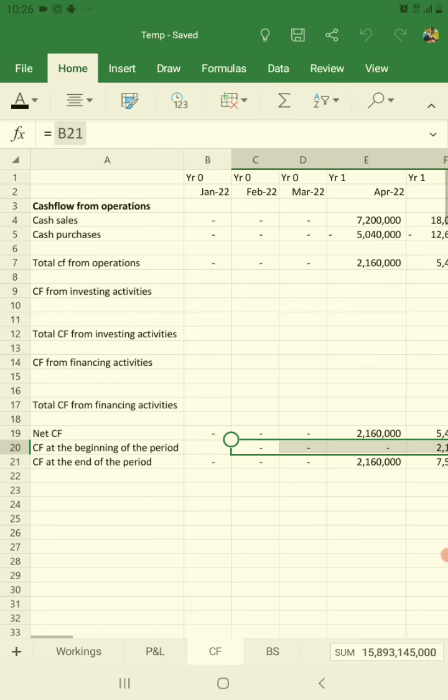So in the cash flow sheet here, cash purchases are reflected as credit, negative. I will format these numbers so that the negative numbers appear in red so that we can see. I'll do that after this explanation. So the purchases have been credited in cash to draw out cash and debited in profit and loss account